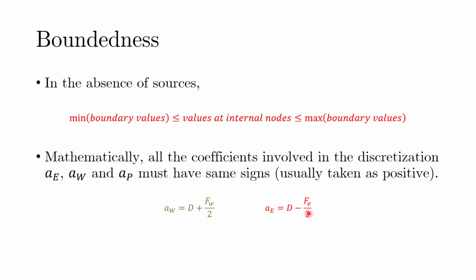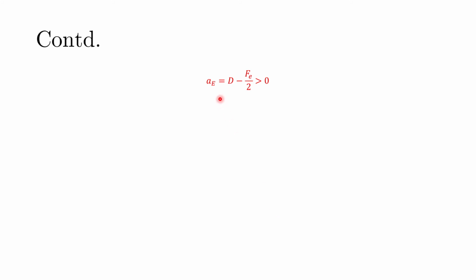For a positive velocity, because it's easier to understand, if I increase the velocity, there would come a point where this entire term would get negative, and that is where this term would start creating troubles. So let me just rewrite this. The reasoning for the boundedness behavior suggests that AE, which is given by this expression here, should be greater than 0. And for that to happen, FE over D, which is nothing but the Peclet number, should be less than 2.